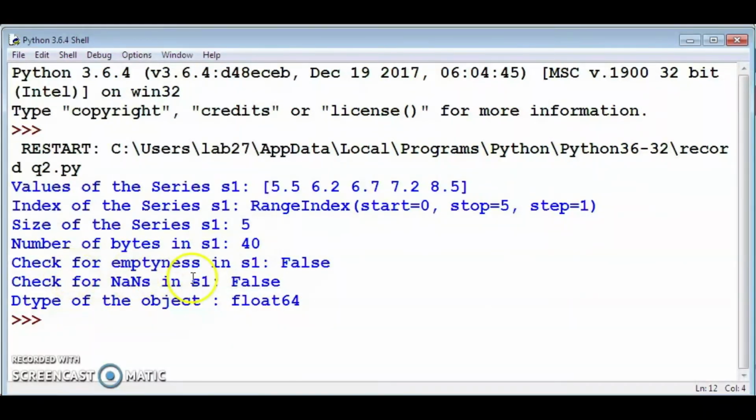Check for emptiness in s1. Any empty values? No, so that is False. Check for NaNs in s1. Any NaN values? No, so False. Dtype of the object, float64. Clear?